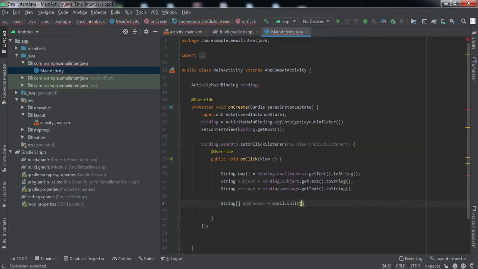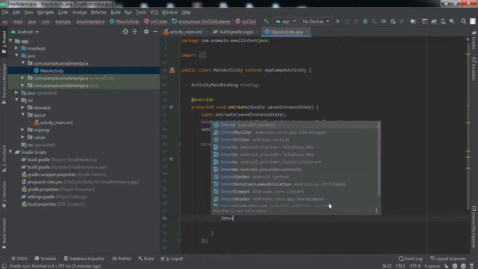So this is a function in the String library, and here we will pass the comma. So now it will separate all the email addresses which are there in between the commas and put them into this array, right? String type array. Now we are going to